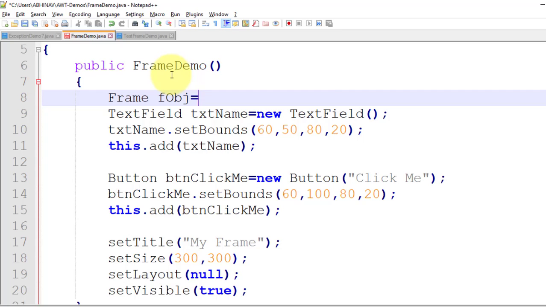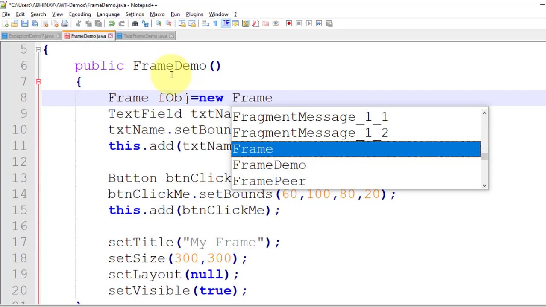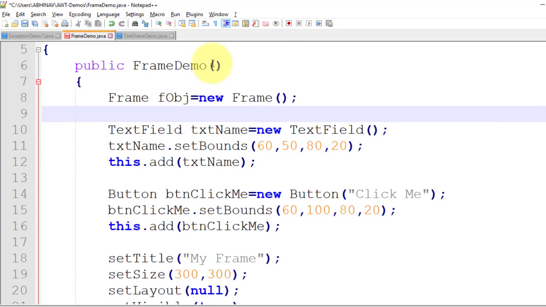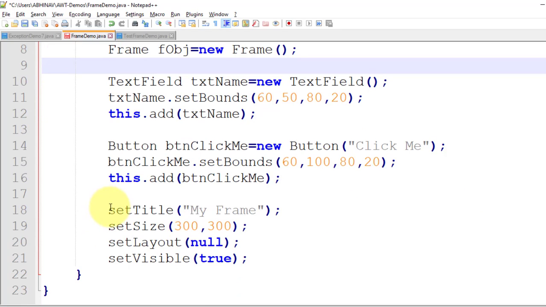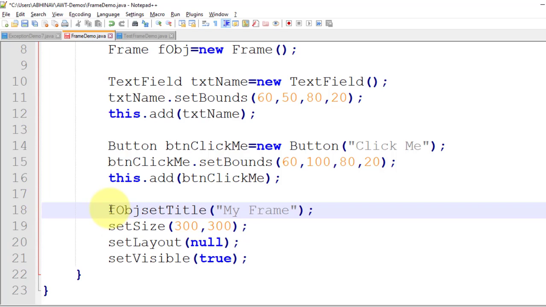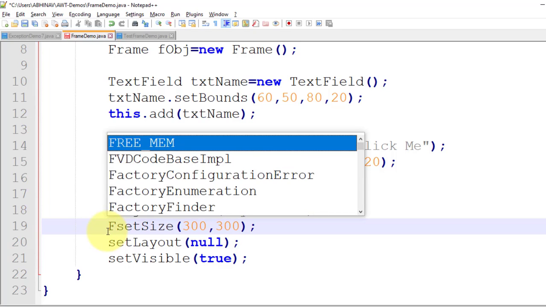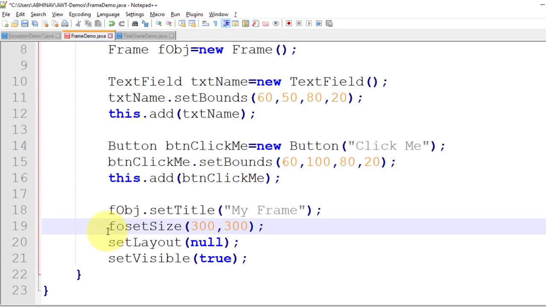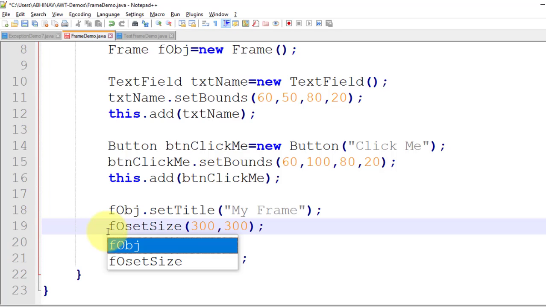F obj is equal to new Frame. It's a parameterless constructor, and these methods are called from the Frame object. So F obj dot